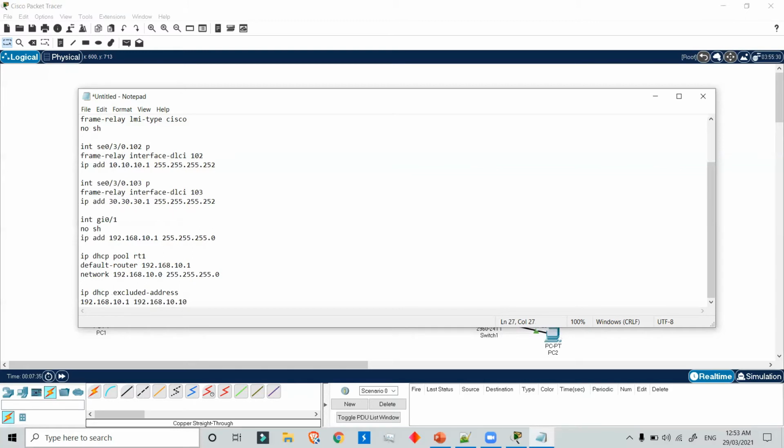So we have excluded the IP range of 1 to 10, so the IP given to the PC will be 192.168.10.11.